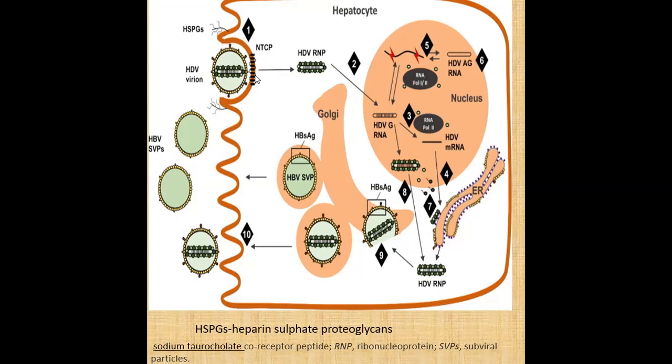Means hepatitis D takes the help of hepatitis B virus only up to the entrance. This is the entrance site. The coating material remains as it is outside, and hepatitis D enters inside through viral infection with the HSPGs. HSPGs are nothing but heparin sulfate proteoglycans, which are present, and later the specific interaction with the LHBS antigen, that is hepatitis B virus antigen, takes place.